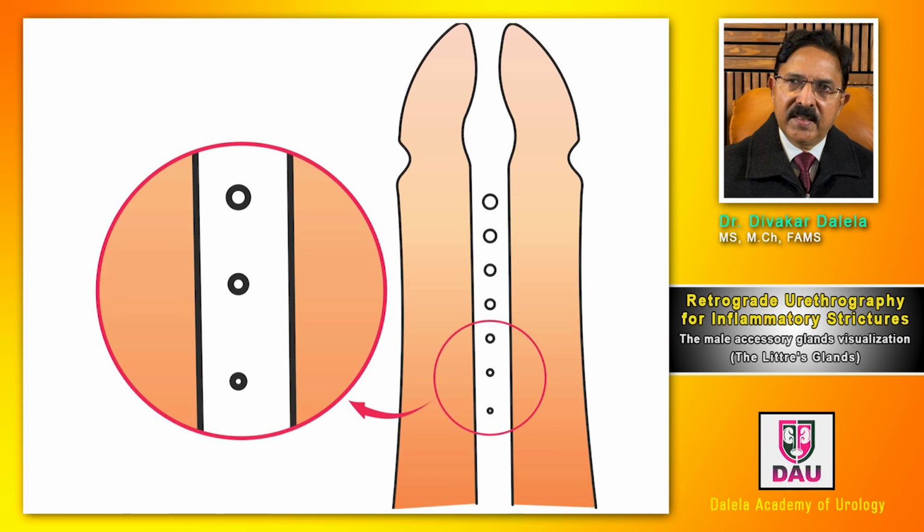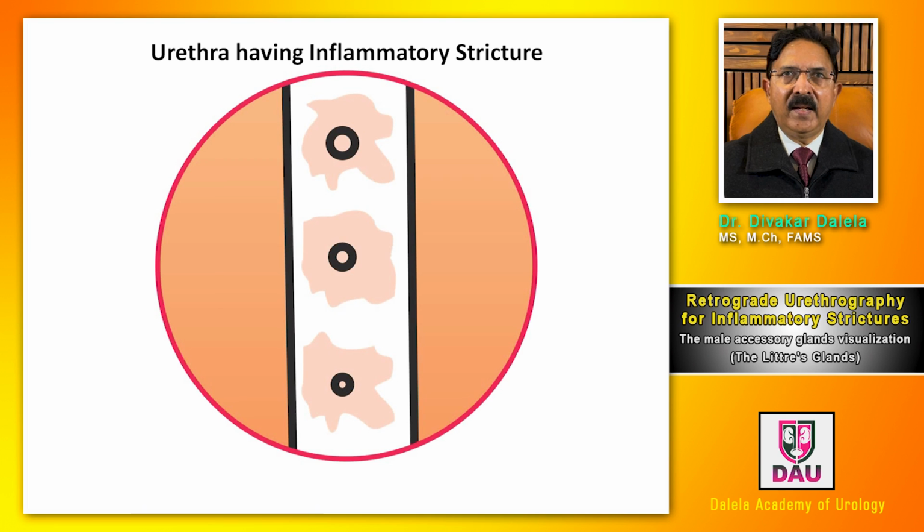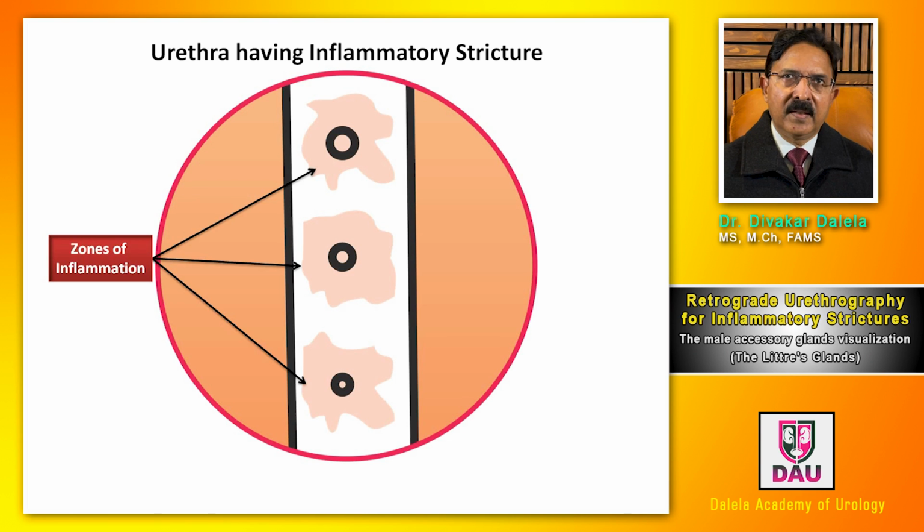If you look at this picture, and if I zoom in on 3 lacunae urethrales in the picture, adjoining the orifice of the lacunae urethrales is normal urethral mucosa. This is how it is in magnification. Because of the inflammation in the urethral wall, here I am trying to show the inflammation all around the orifice of the lacunae urethrales by pink shadow. This is an ongoing inflammation all around the lacunae urethrales. These are known as zones of inflammation.